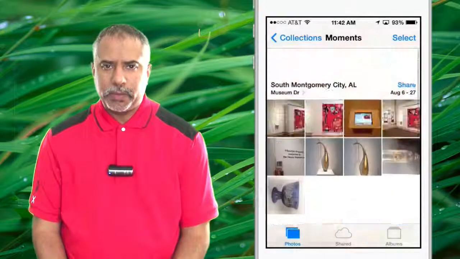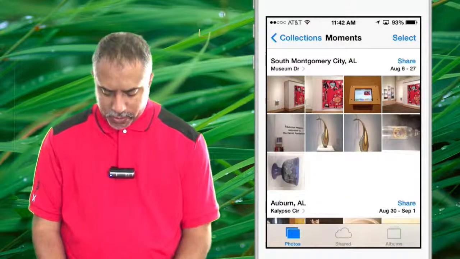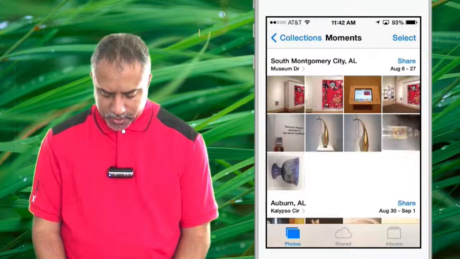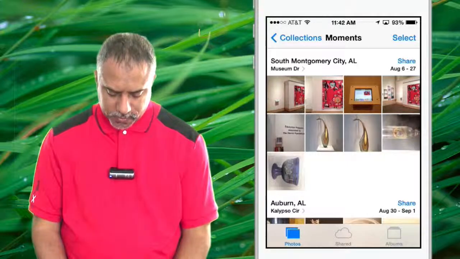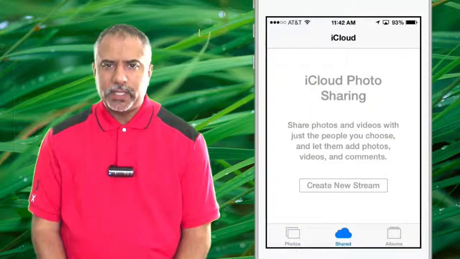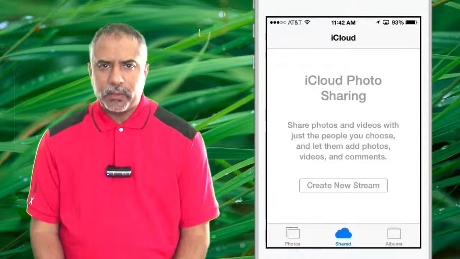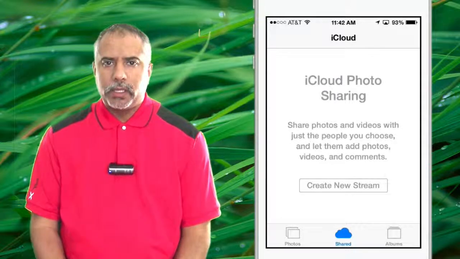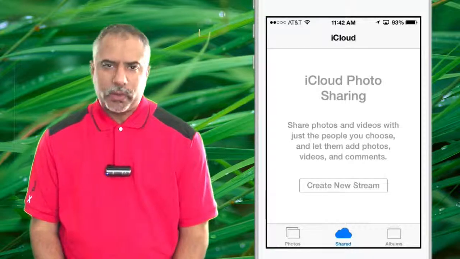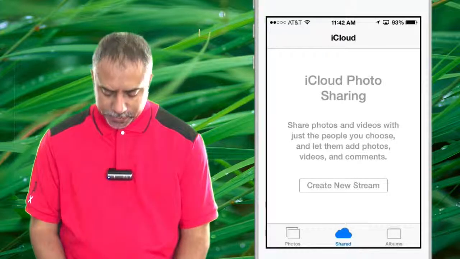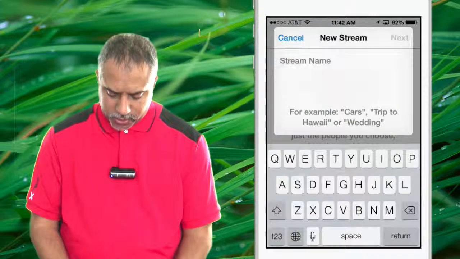Okay, let's go ahead and explore the options we have along the bottom. So we've been in the Photos mode. Also along the bottom is the Shared mode, and then there's Albums. Let's go ahead and select Shared. When Shared is selected, you can go ahead and set up a shared stream that you can share with someone else. This is a great way of setting up a very private sort of stream that you want to share some photos with without having to share them to the whole entire world. For example, if you wanted to post them to Facebook. And you would do that by just simply creating a new stream. You give the new stream a name,